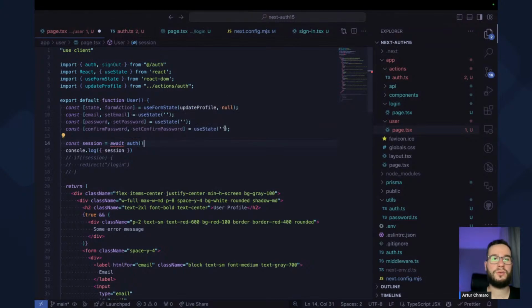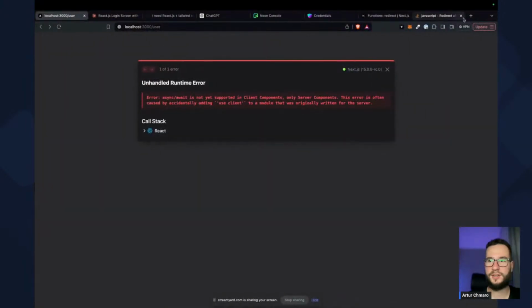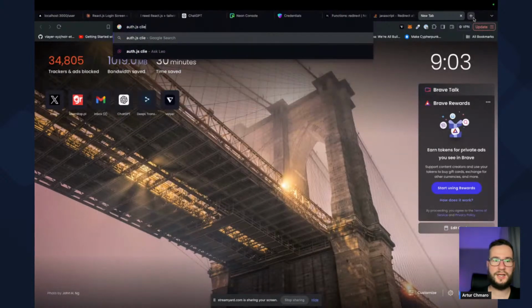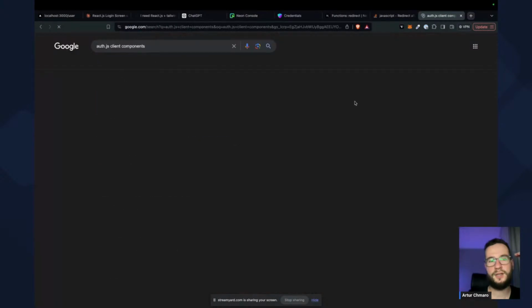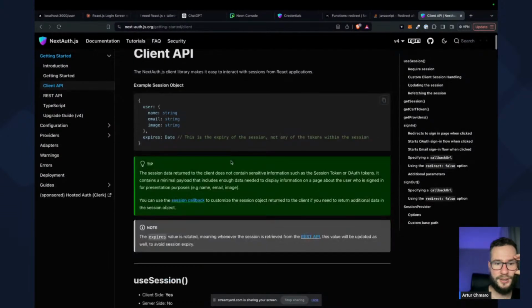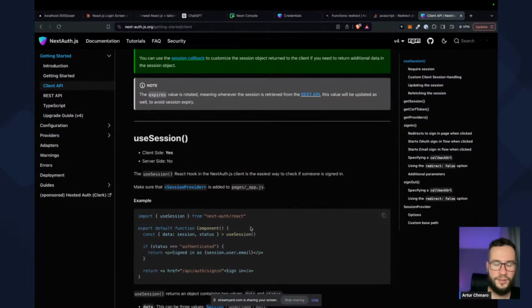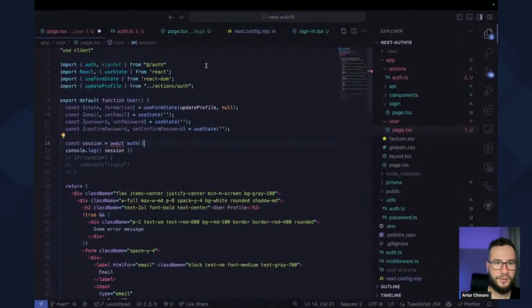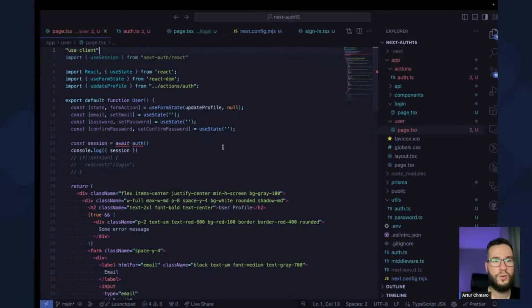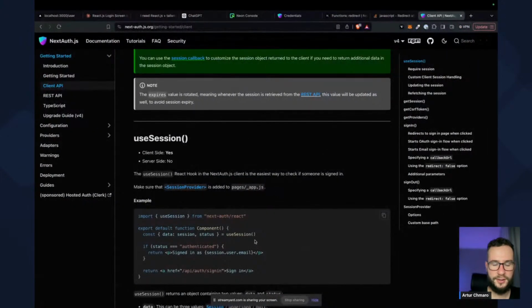Okay, I need to Google this out. Auth.js client components. Okay, we'll see client API. It's client API and useSession. Okay, it's a hook. So I will just take it, and we can use this useSession, and we'll use it that way. And yes, so I will maybe just